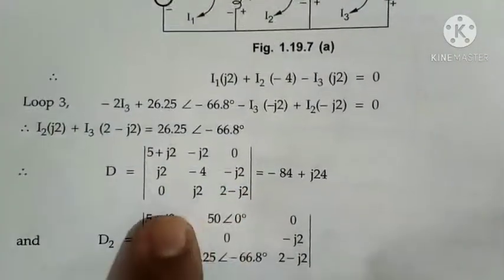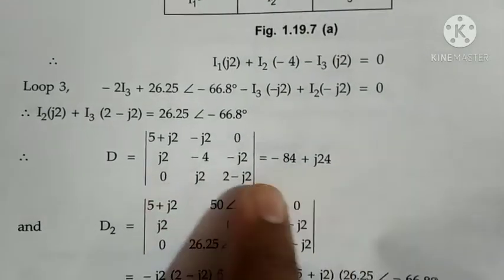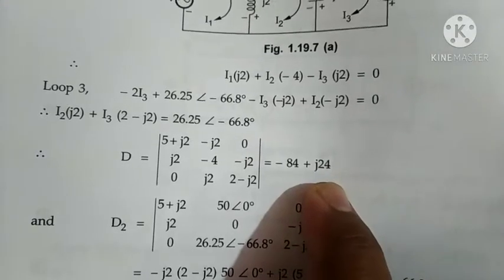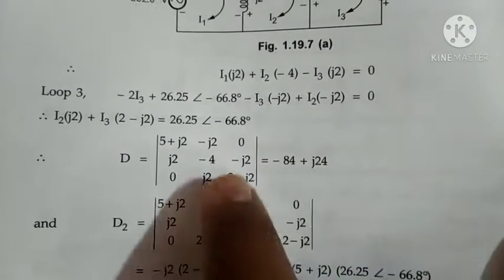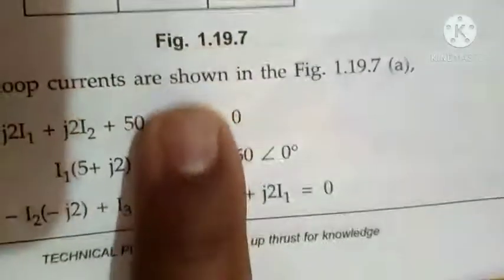Okay, so we'll take all these things, and you know how to simplify by using Cramer's rule. If you don't know how to simplify, you can ask me, I will help you. So after simplifying, you will get this value. Now which current do I want? We want the current through the 4 ohm resistance.